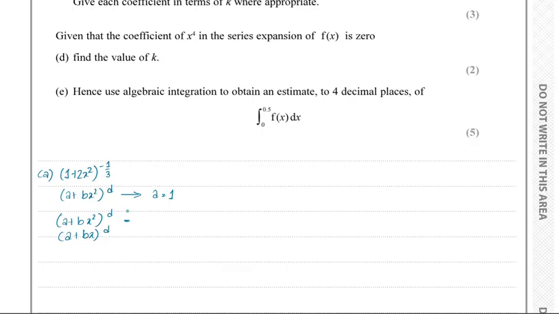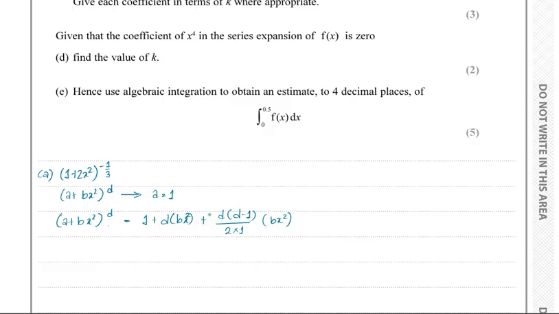If the expression is given in terms of x squared, then the expansion will also be in terms of x squared. If it's given in terms of x, then the expansion will be in terms of x. So over here, we're given in terms of x squared, so we'll use x squared. So the expansion will be 1 + d·bx² + d(d - 1)/2 multiplied by 1 multiplied by d